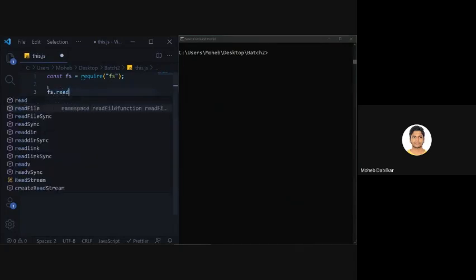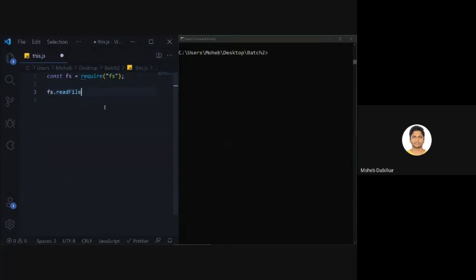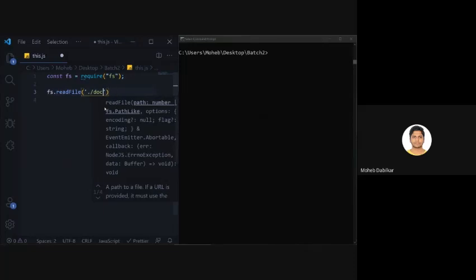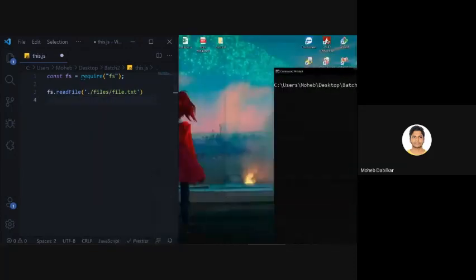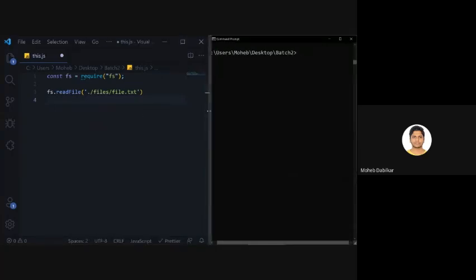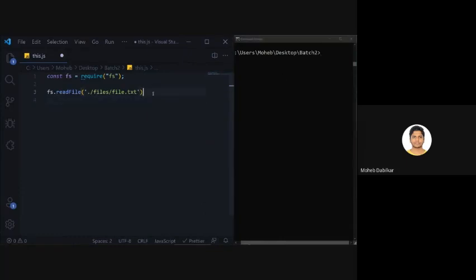Your autocomplete should give you this, and it is a function. Now, since this is an asynchronous function, it will take in an input. So this is ./docs. Let's just say we have a folder known as documents, files. I'm really bad about naming my file, and then we will say file.txt. Please do tell me if this is not comfortable or something like that. Let's make our command prompt smaller because we won't be needing that much space.